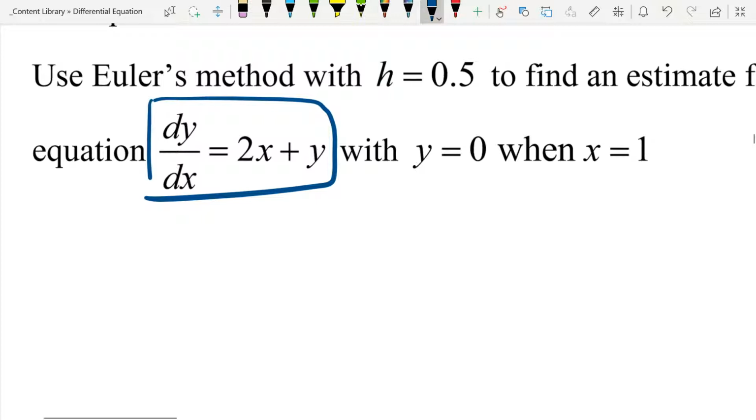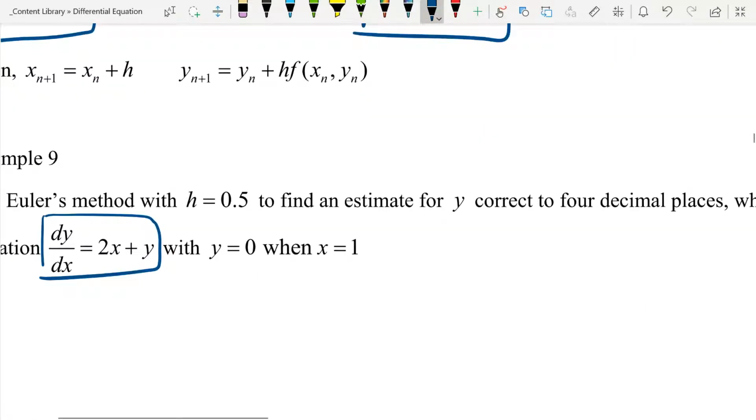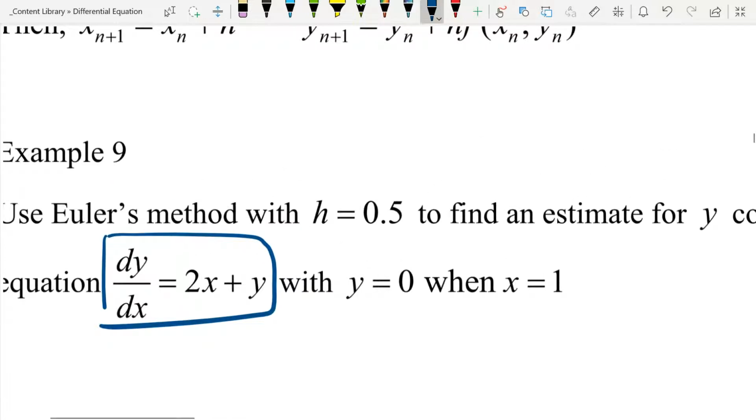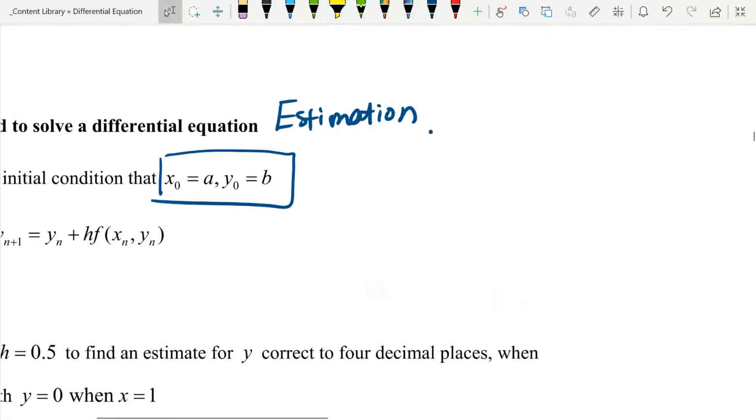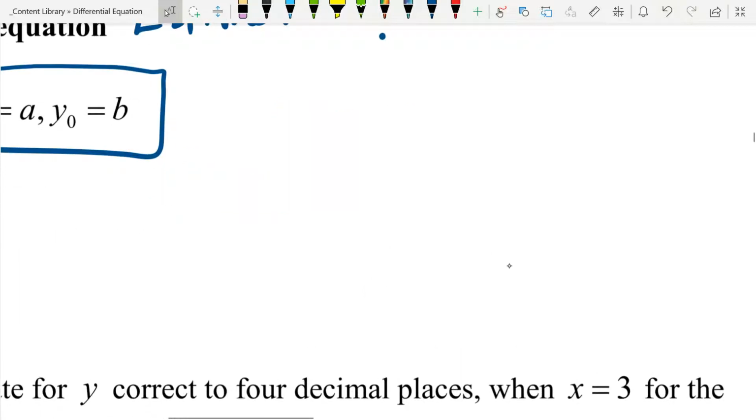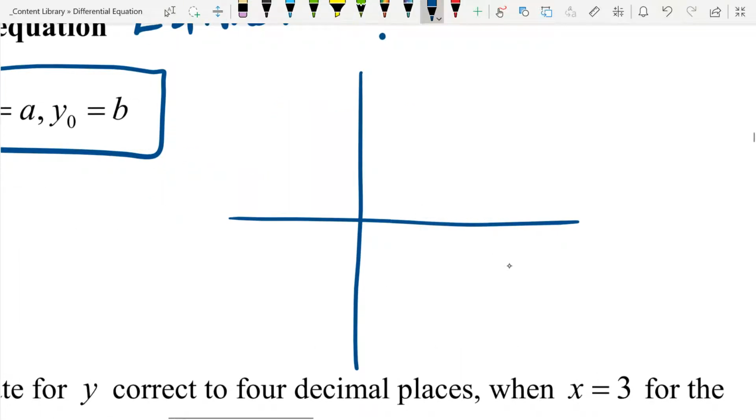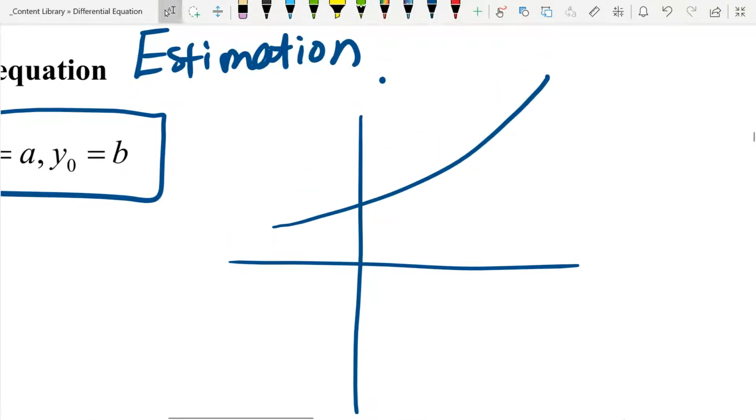You can't subtract the y to the other side, like what we learned with separation of variables yesterday. So I can't solve this, and if I don't have a calculator, I can't solve for that. So I want to use some method to estimate a value, to estimate a y value. So just go through the basic introduction. What does this method look like on a graph? If I know this point is (a, b) on the f(x) graph, and I know a point already, I want to estimate a value, say